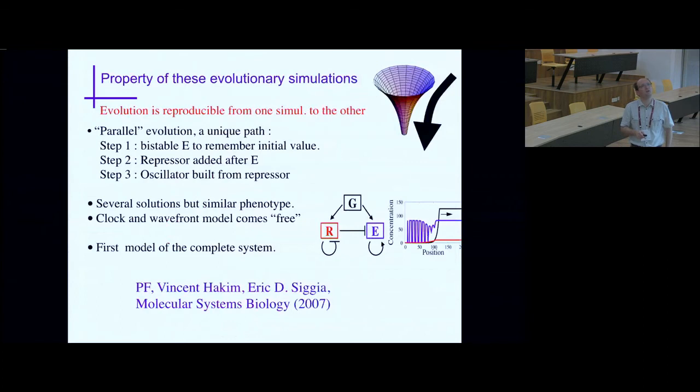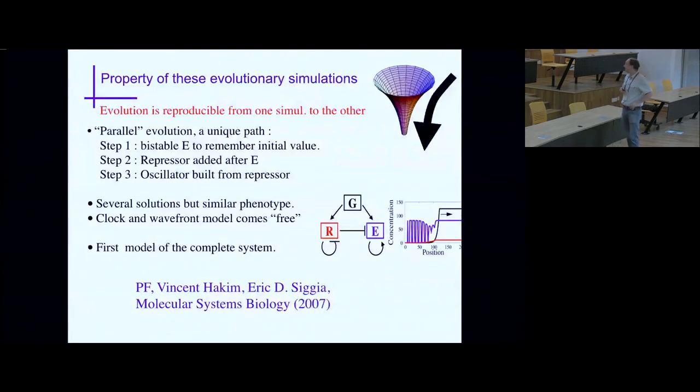Okay, so I'm going to summarize this. All of this was published in a paper 10 years ago. So, summary: what do we learn from this simulation? First, we wanted to simulate pattern formation in a growing embryo similar to vertebrates, and we get results which are quite reproducible from one simulation to the other. What we see is that when we run many simulations, you basically get convergent evolution on the same network organization.